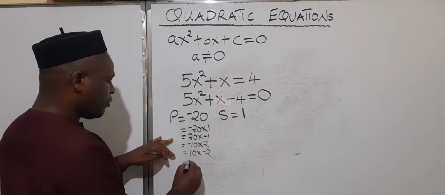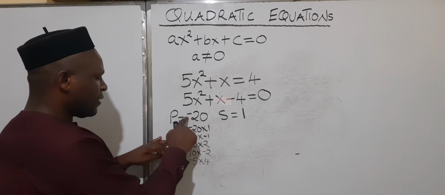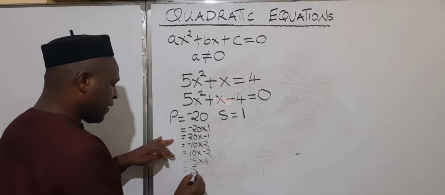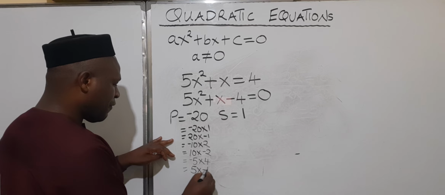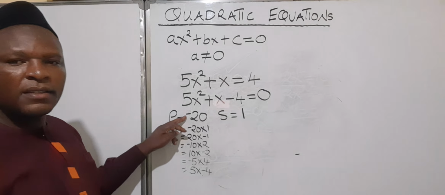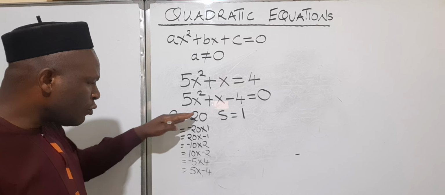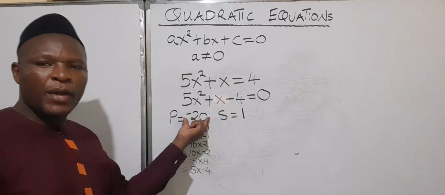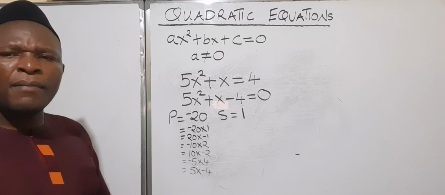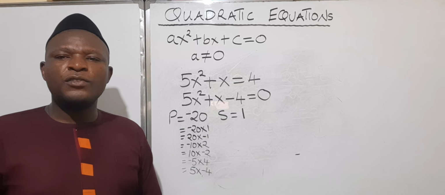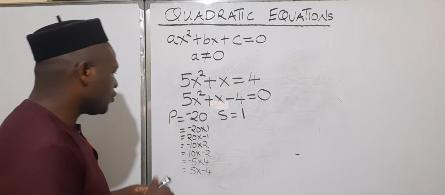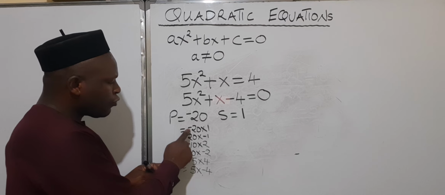The other one, you can multiply negative 5 by positive 4, you can still get a negative 20. And the last one, you can multiply positive 5 by negative 4. You can still get a negative 20. Out of these pairs of numbers that you are multiplying to get the product negative 20, which set gives you a 1 when you add those two numbers? So you look at this. The first one, when you add